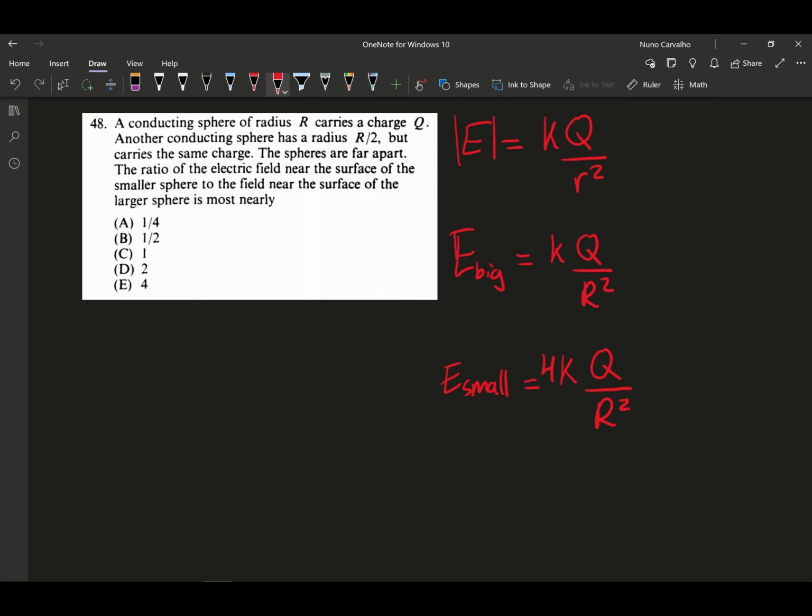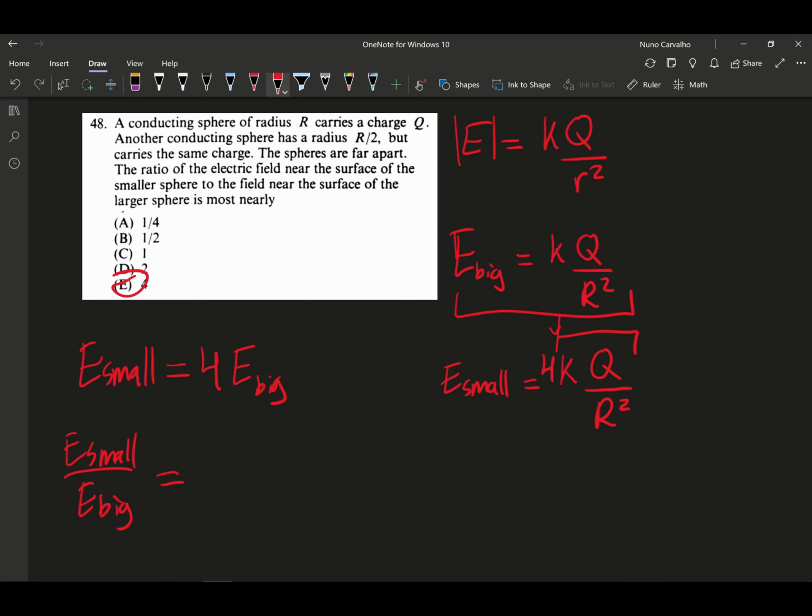And then you might notice, hey, this looks like it's just this portion right here of this equation, and you'd be correct, which is to say that the electric field of the small sphere is really just 4 times the electric field of the bigger sphere. Okay, and so if we're being asked about the ratio of the smaller sphere to the larger sphere, then we're asked for E small over E big, and once you work that out, you'll see that that's going to be a ratio of 4,